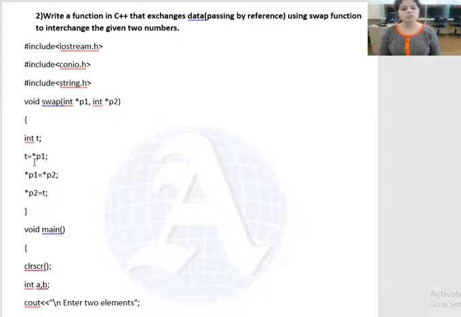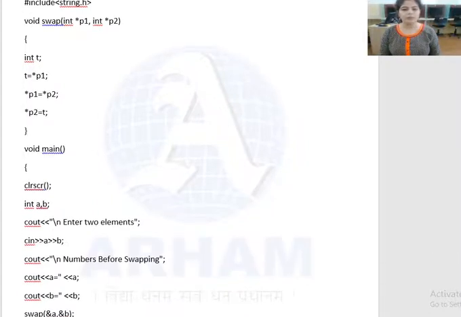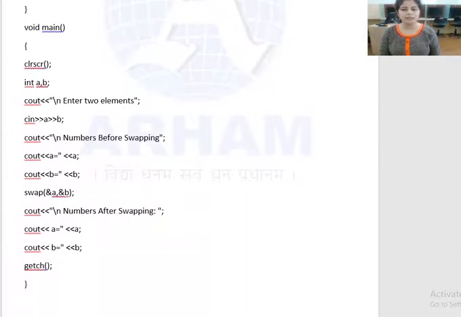It is used to perform the swapping of two variables. So close with the curly bracket. Now start with the main part of the program, the main section. So let's start with void main. Void main will start the main section, and then start with the curly bracket, clrscr. The clear screen function is used to clear the previous outputs.